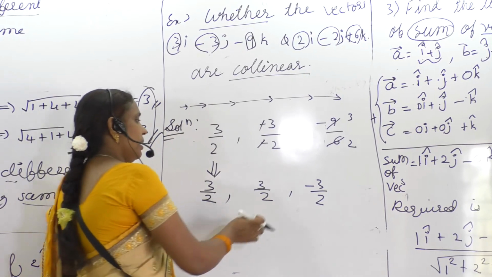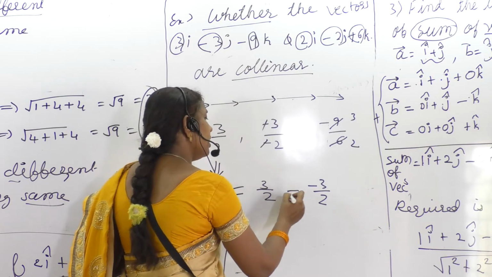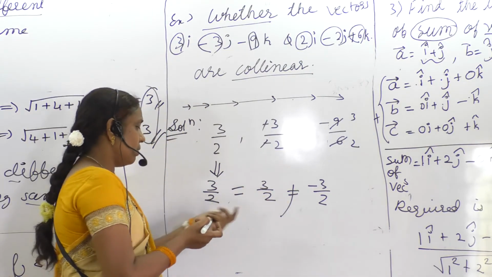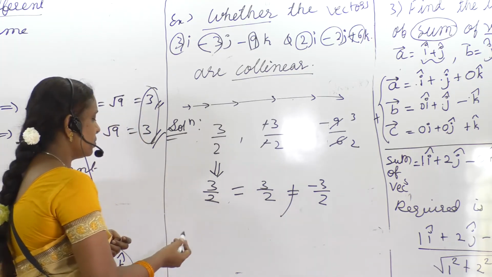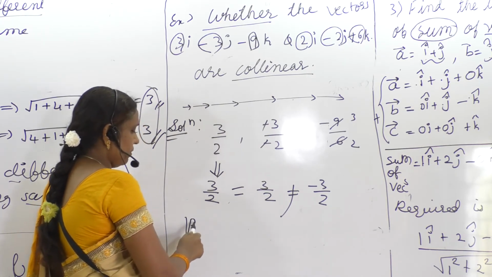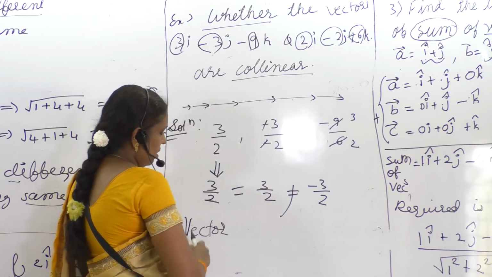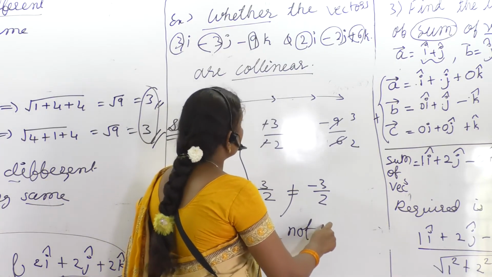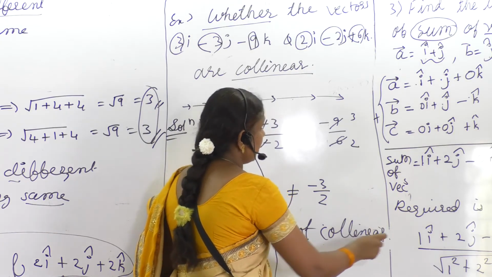Anywhere which is not equal, this is equal. But these are not equal, no? All three must be equal to each other. If this is not equal, it means one of the inequality holds, which means the condition fails. So the points or the vectors. Here vectors are given, no? Let it be vectors. The vectors are not coplanar, collinear. What do you mean by coplanar?